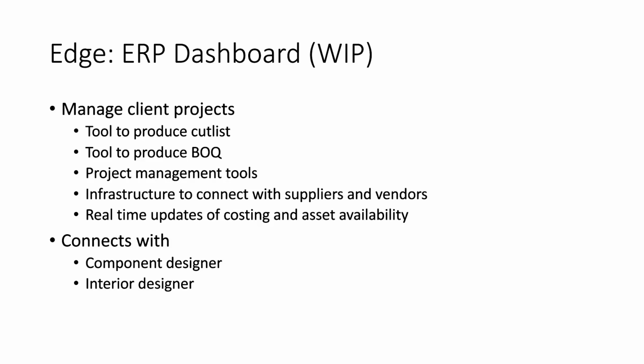The third tool is a work in progress. This is the most important layer of the project or the product. This layer gives the clients or the end customers, the architects or the interior space design organizations, a way to manage client projects. It gives them a tool to produce the cut list, a tool to do the bill of quantities, and it gives them project management tools to do the tracking of the